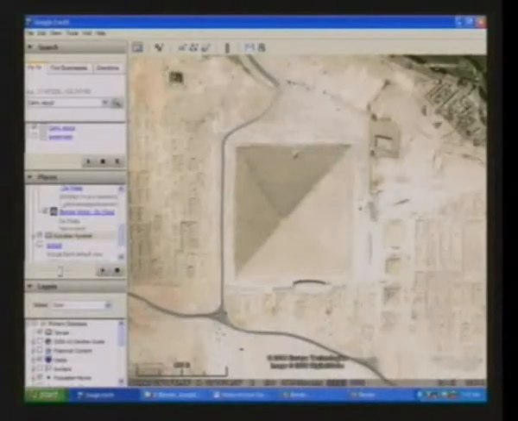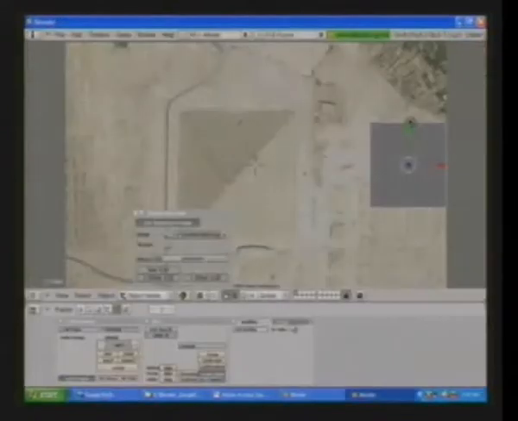The next step is actually the Blender model itself. And